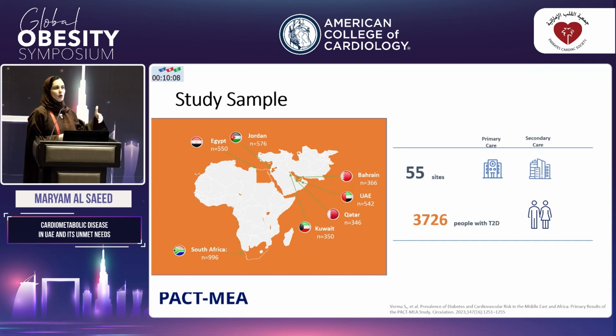So we saw how by 2016, most of our patients with diabetes were not meeting HbA1c targets. So more than 60 to 70% had the HbA1c more than 7%. This study, the PACT-MEA study, looked at patients from multiple countries in the Middle East and Africa region. It included more than 500 patients from the UAE. There was a total of more than 3,000 patients with type 2 diabetes across 55 different sites in both primary